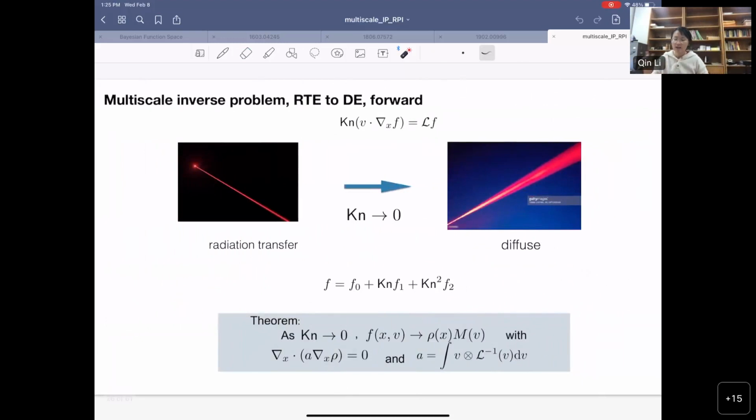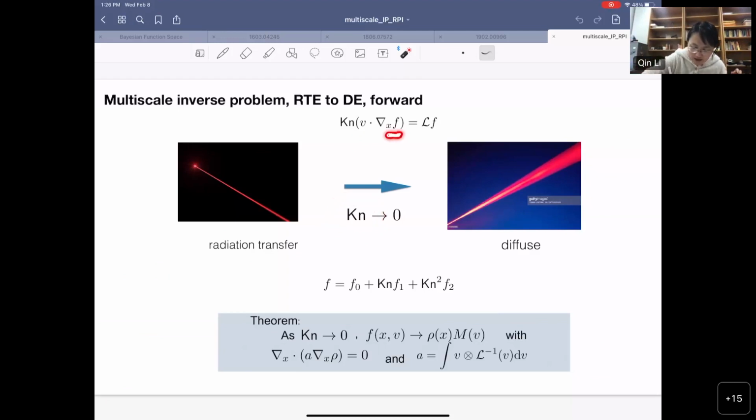And the underlying structure really comes down to this smallness of the Knudsen number. Knudsen number pretty much just describes how many times a photon would scatter before it leaves the room. Suppose you have two light sources. One is a laser light, and the other one is a flashlight. You turn on the laser light, the photons go in a straight line without scattering. So it's very straight. But the flashlight, the photons come out and they scatter frequently, so you observe a diffusion phenomenon. So Knudsen number going to 0, you're basically passing from the laser light to the flashlight.